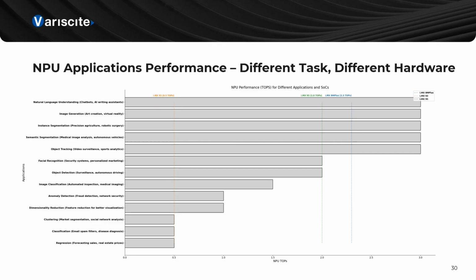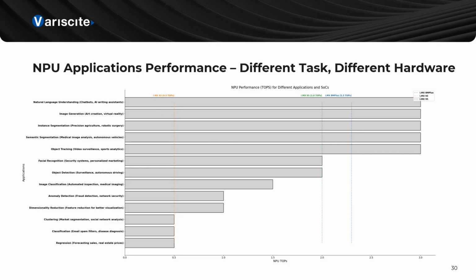As we move up in complexity to applications like anomaly detection, image classification, and object detection, the demand for TOPS increases. In these cases, the MX95 or 8M-PLUS might be more suitable. However, this isn't a hard rule. The MX93 may still be capable of performing these tasks depending on the level of optimization applied and the performance